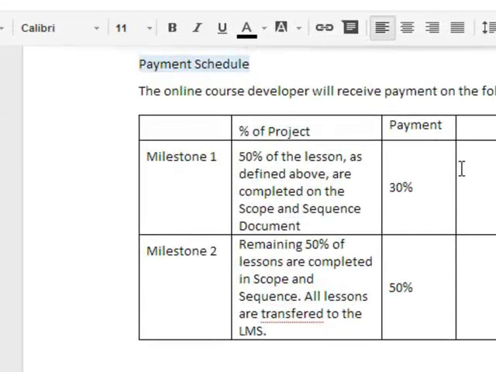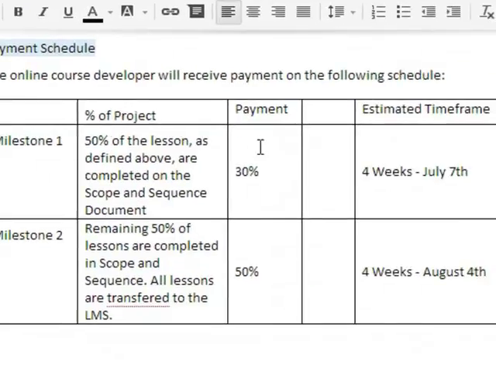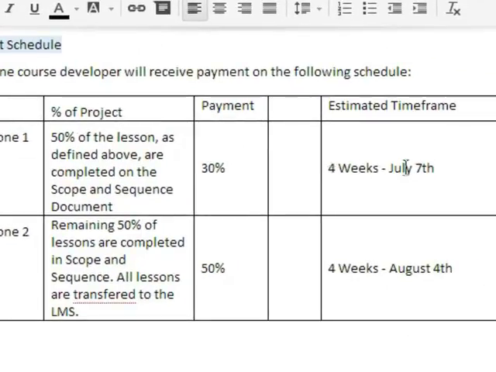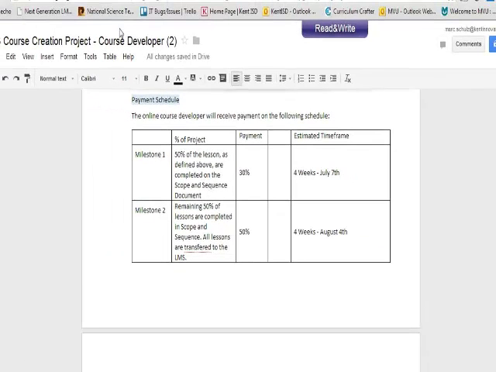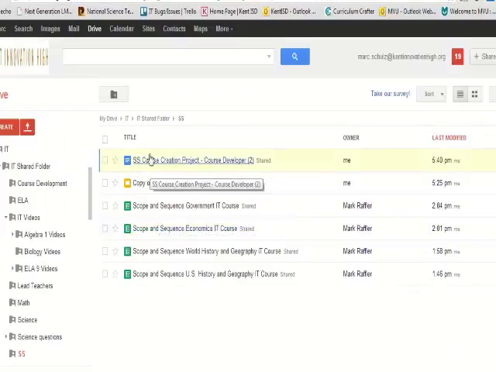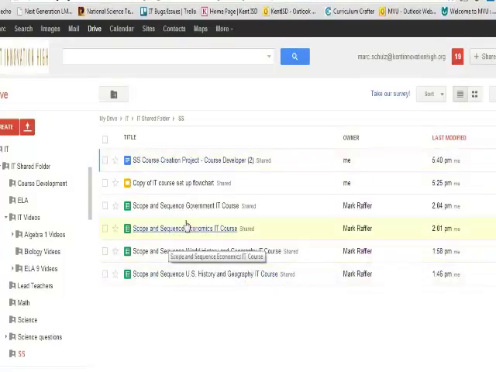So if we just jump back to our milestone 1, for those of you who want to get started, notice that we are giving ourselves 4 weeks to get this part done, and we want 50% of the lessons completed in the scope and sequence document. So that scope and sequence document you'll find in your course subject folder, and we can just at this point let's say that we are a